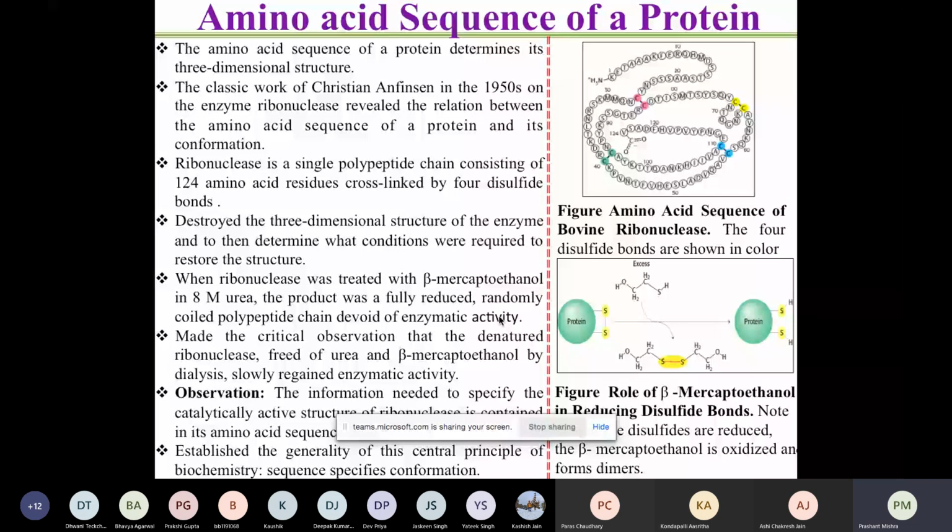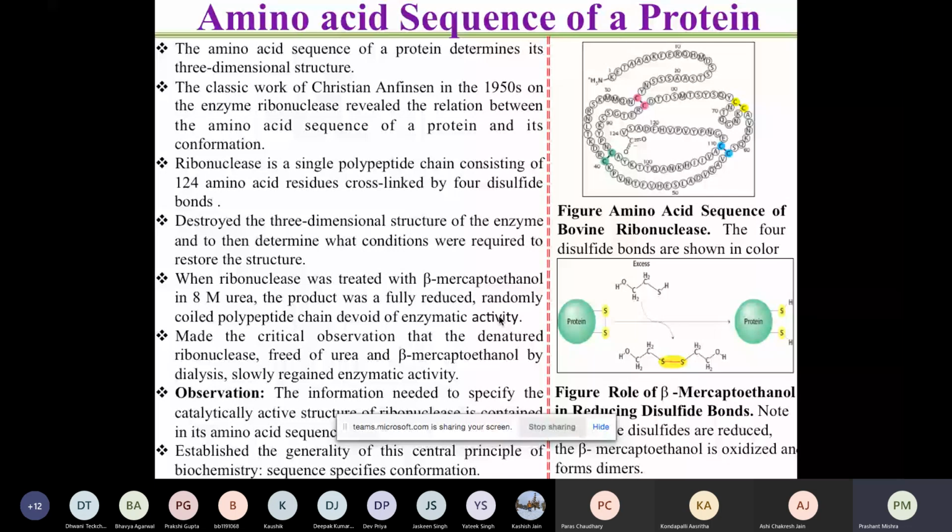Number one. Number two, some of you may ask how we know that it actually has a spatial arrangement. Why not a single straight chain protein giving us a function? These questions will be answered when we show you this kind of experiment. There is a classical experiment done by Christian Anfinsen, almost in the 1950s, around 70 years back. He took an enzyme known as ribonuclease. Ribonuclease is a protein. It has a tertiary structure. And what he did is that,